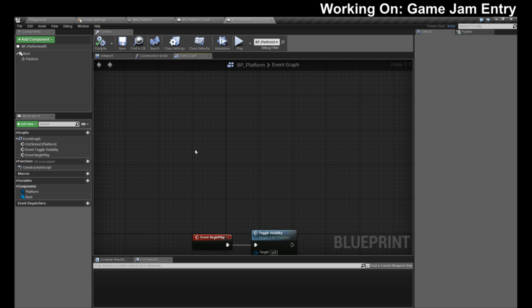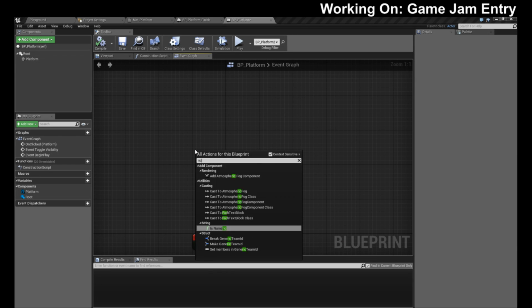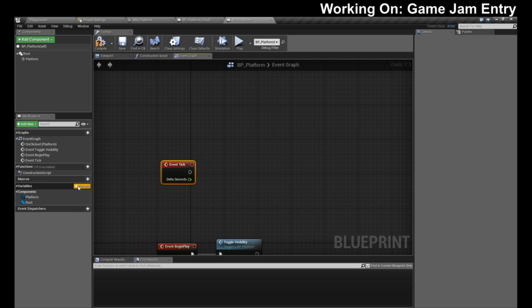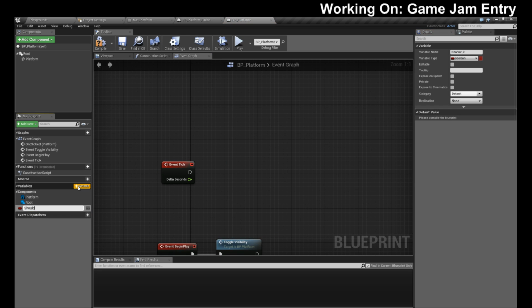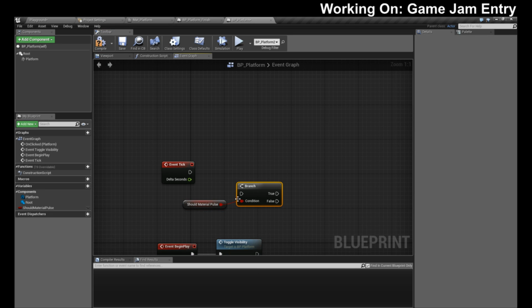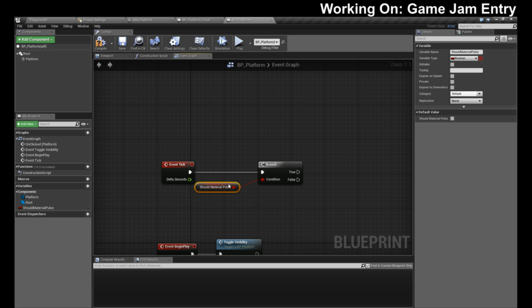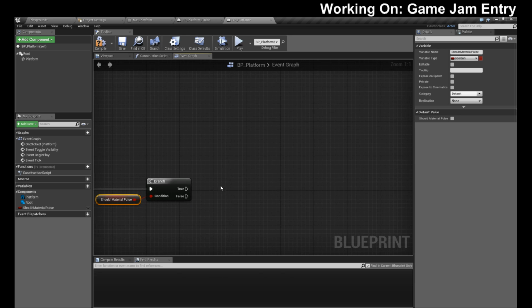Okay, so this is stupid, but this is also a game jam, so making stuff work is what matters. Should pulse. Should material pulse, because we have this one. We're actually using pulse separately. So should material pulse, we'll set this to false. We are going to just do a simple check here, that way we don't waste our tick. And if it should pulse,